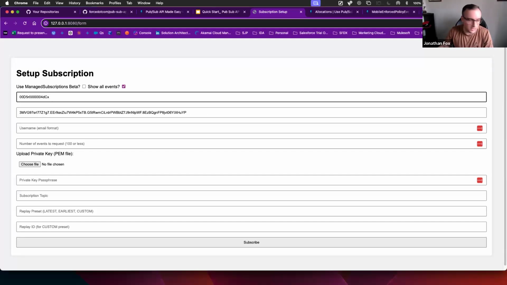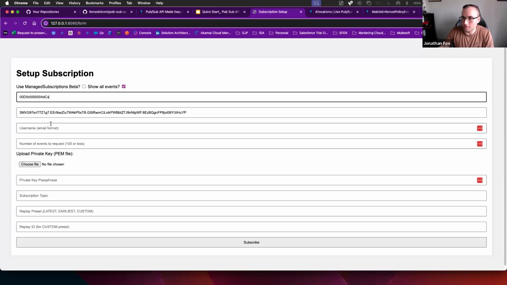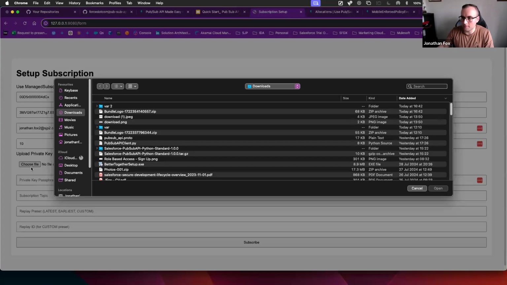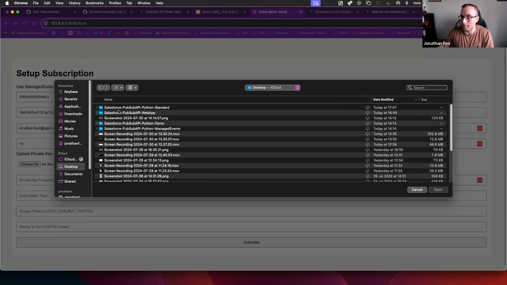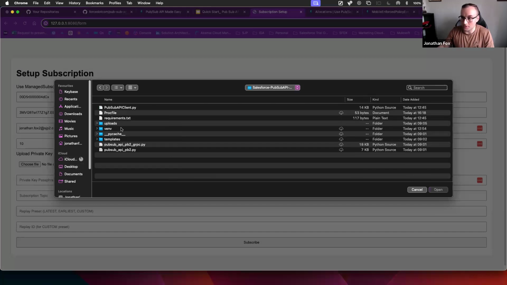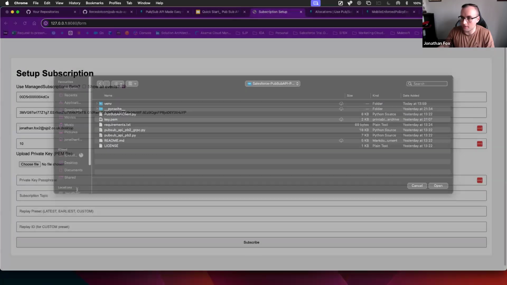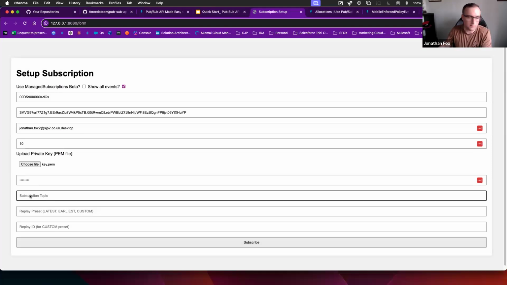Some of the things like the org ID, which you need for the actual PubSub API itself. Connected app sort of stuff. So you'll need obviously your username, PubSub API sort of stuff, how many events do you want to receive? If you're connecting via a connected app and using JWT, you're going to have to use a certificate. So let's go and grab a certificate. If you've encrypted it, you're going to need a passphrase. So again, that's handled in my Python app.